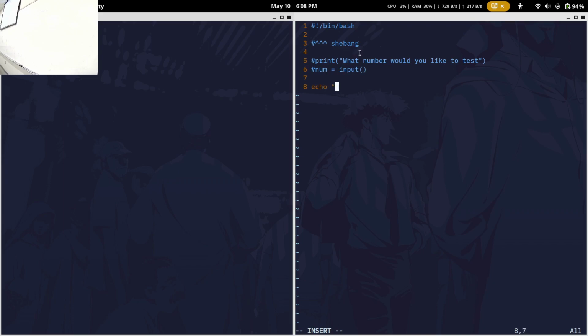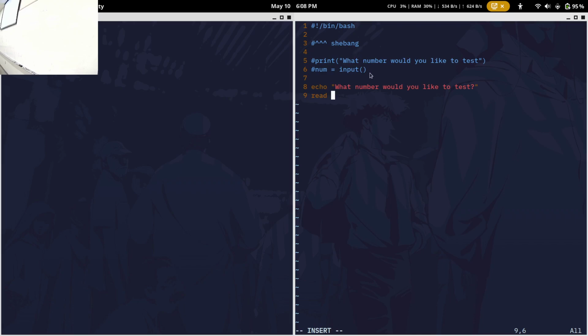We're going to echo what number would you like to test. Echo is the first little command that we'll learn about. It's basically the print statement of bash. You give it a string and it spits it right back out. And then we're going to learn about the read command.